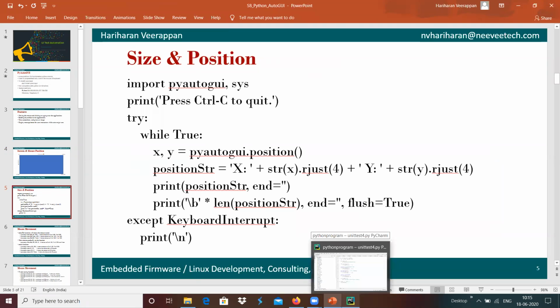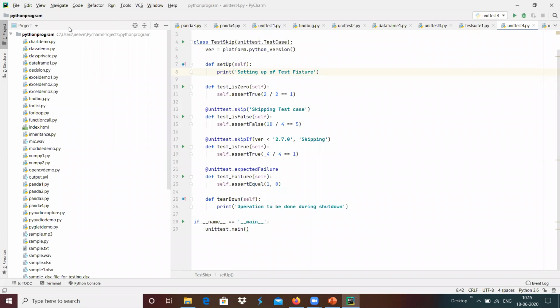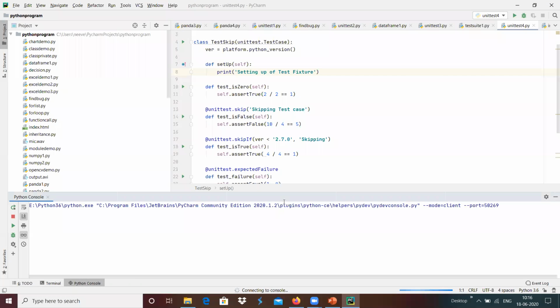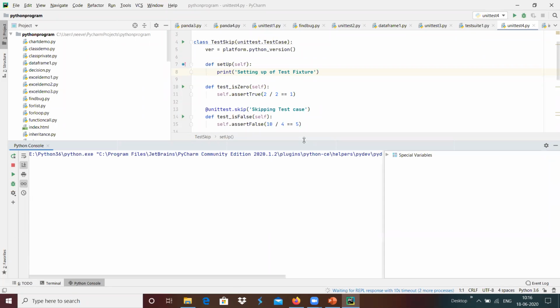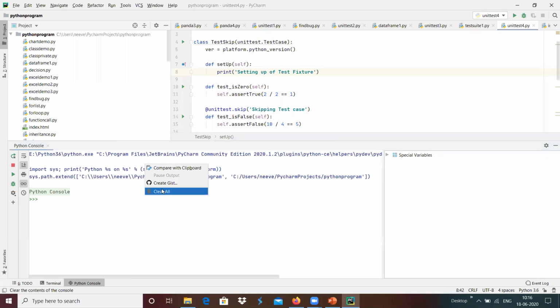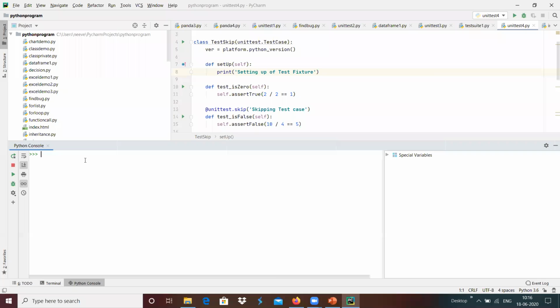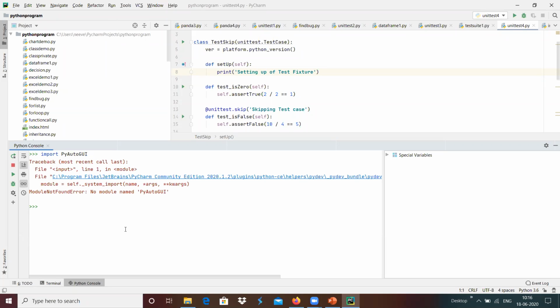I'm going to use the Python console. I will clear it so that it will be okay. And I'm going to do import pyautogui.